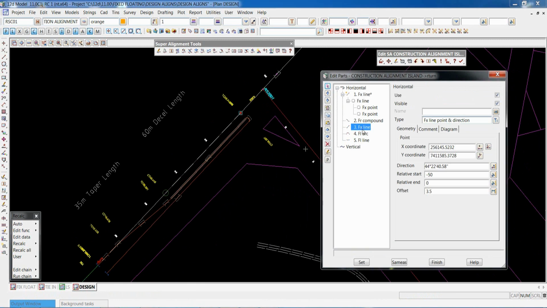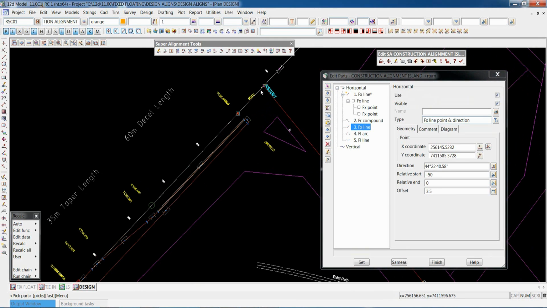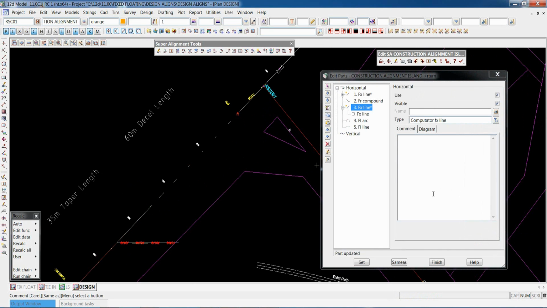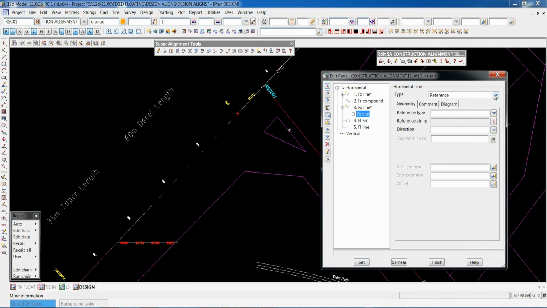Same for the fixed line here. So that fixed line there, I need to be able to adjust to a point that may be an intersection from here at this particular bearing. So again, I can change it from a normal fixed line to a commutator. Again, it picks up the same idea, same picking process. It's just that you're picking things that are referenced. So in that case here, I'll say I want point and bearing. So again, the relative start will be minus 50, and the end will be 0.